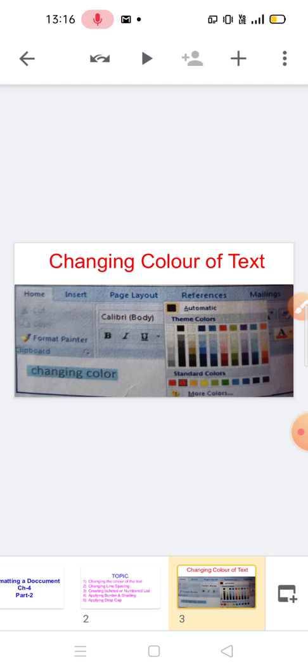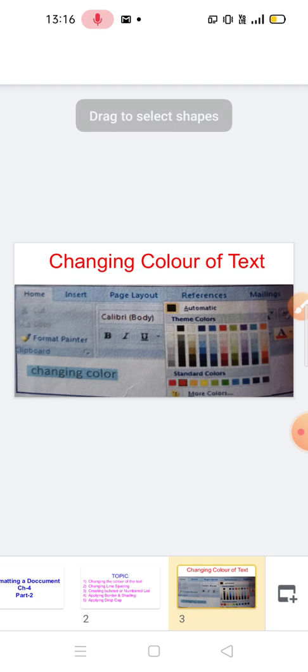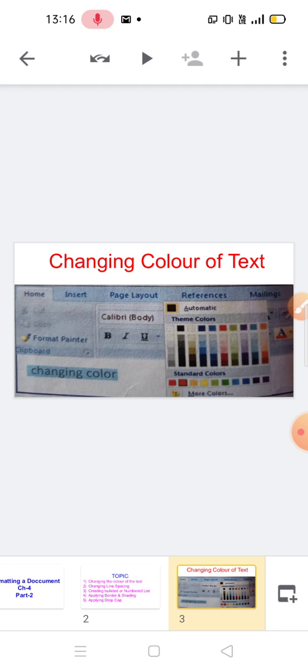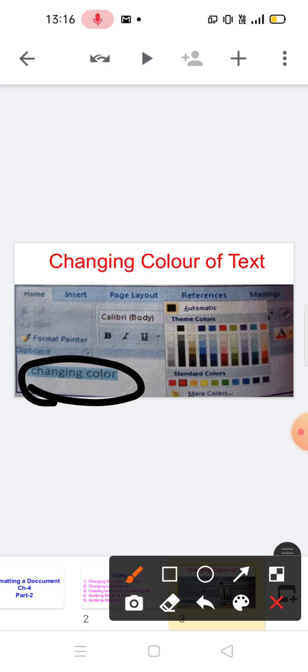changing the color of the text. How can we change the color? First of all, everybody knows that MS Word provides an option to change the color of the text. For this, you have to select the text. After that, you can drop down the arrow next to the font color A. Here you can see that is called the font color A. With the help of this key, you can see the font color.